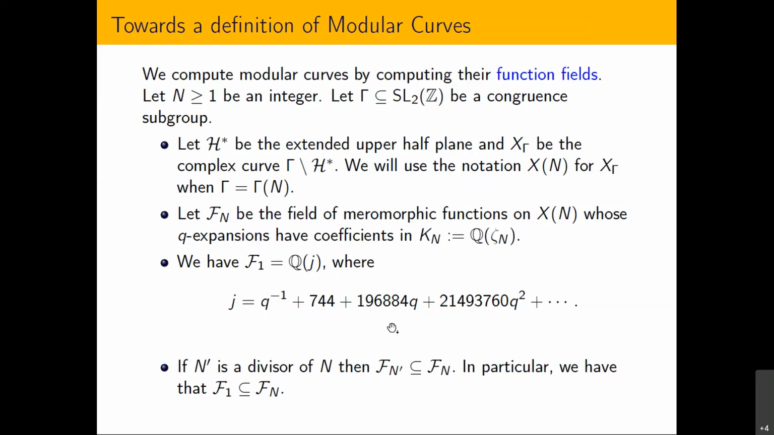If I take N equal to 1, then that is generated over Q by the modular j-invariant, where the first few terms of its q-expansion are these. And if N' divides N, then we have an inclusion of fields. F sub N' is contained in F sub N, and every F_N contains F_1. So from groups, I suddenly move to this very odd looking field. There is a connection between them. The connection is